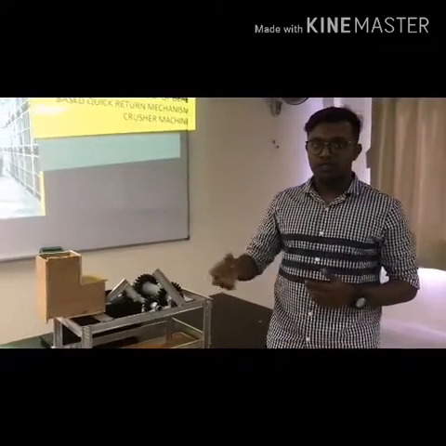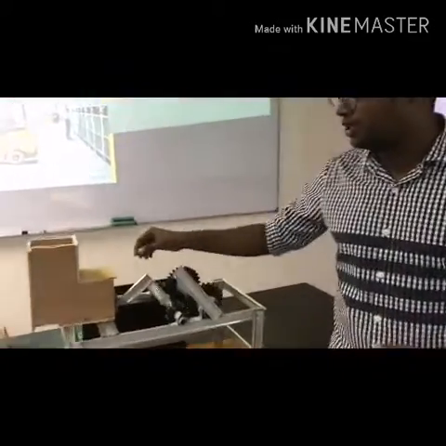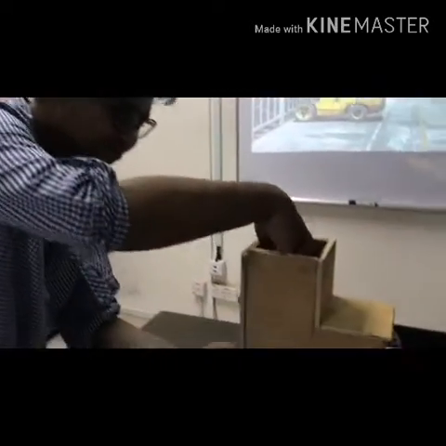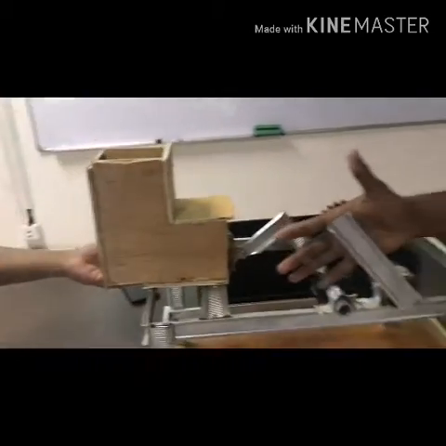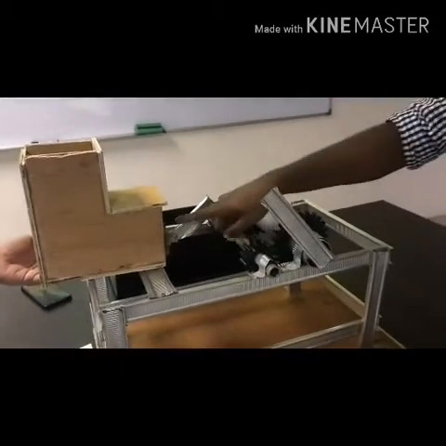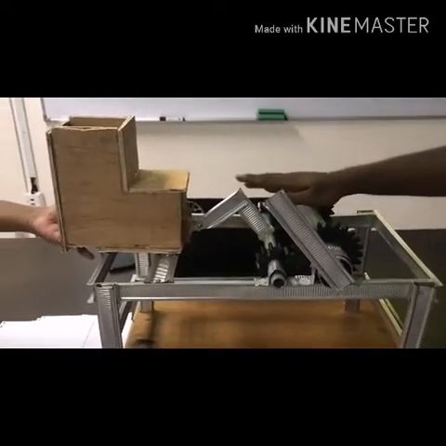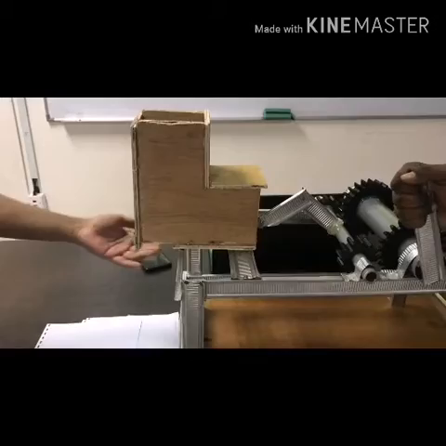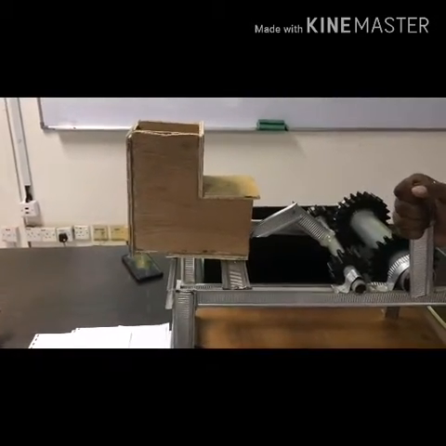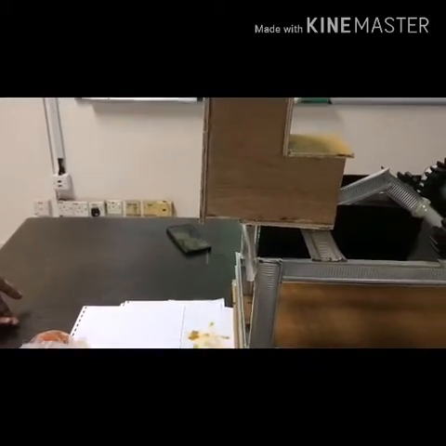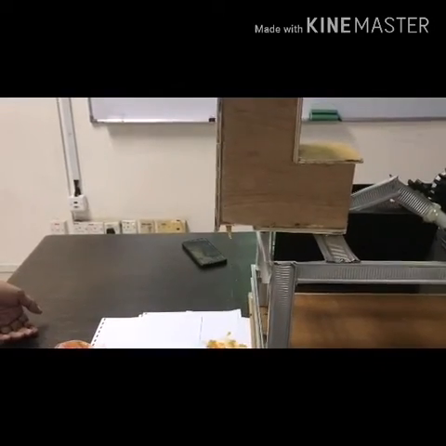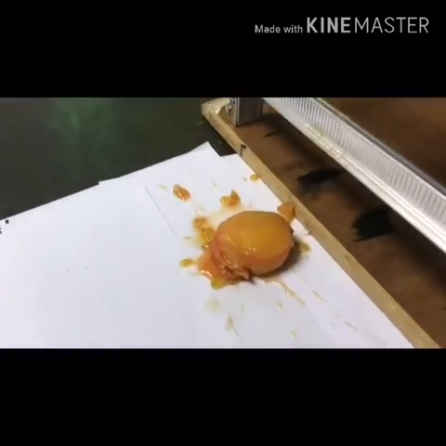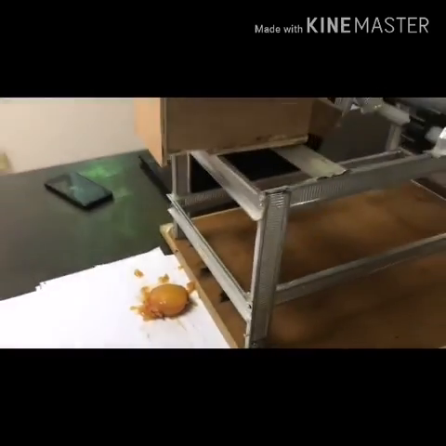Okay, now we will see how the tomato is being crushed in this machine. First of all, my friend will put the tomato inside the hole here. Okay, now we just need to pull this lever so that this gear mechanism works in order to push the block inside. Okay, now you can see that I am just pulling the object here, and you can see the tomato is being crushed. Now you can see the whole tomato has been crushed. So we can see that